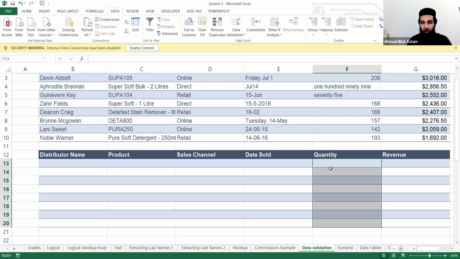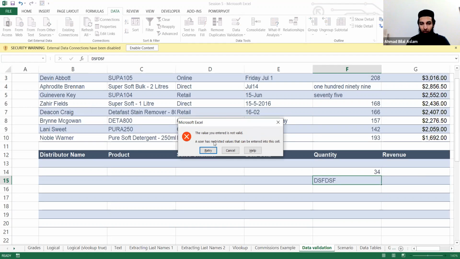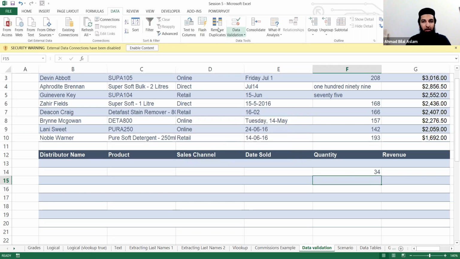You click on OK. Now what will happen? When you input anything here that satisfies that criteria, you'll be able to do that. But if you input, for example, some text here, you click on OK, you will not be able to do that. Because you have restricted the values you can input here, you won't have standardization issues. Okay? Similarly, you have more options here, for example, in date,